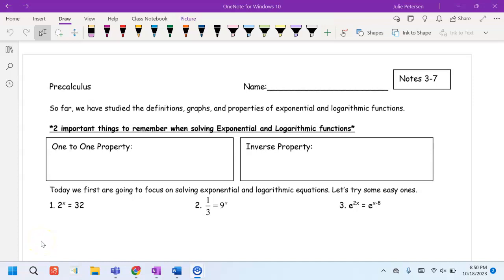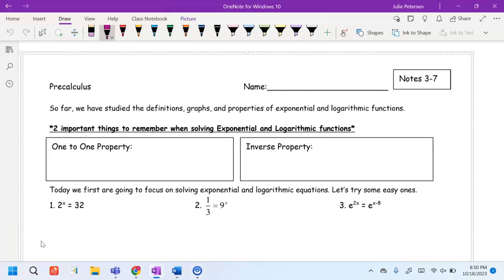Okay, so we're going to wrap up our log unit by learning how to solve more complicated log functions using some of the properties that we've learned so far, and keeping in mind some of the exponential solving that we've done. So two key things to keep in mind when we're solving exponential and log functions are the one-to-one property,